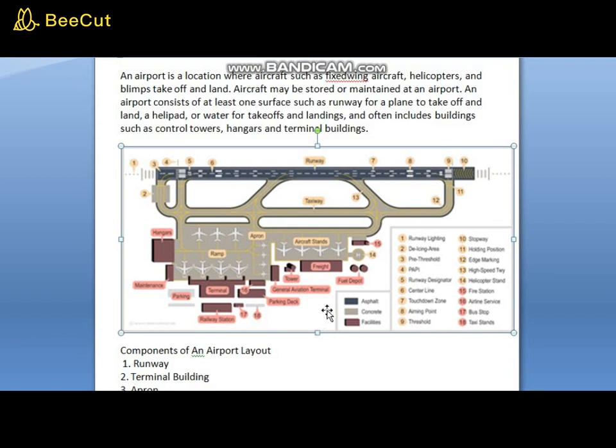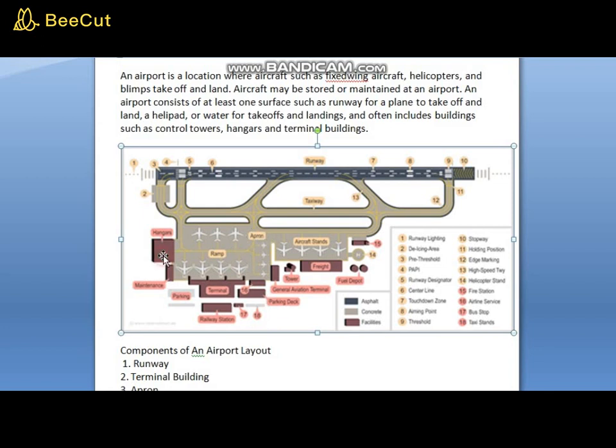The important components are runway. This is the runway, where aircraft land or take off. These are taxiways. Taxiways are roads connecting the runway to the ramp, apron, or aircraft stands. Middle roads basically. The apron or ramp is a place where aircraft stand. It loads and unloads the passengers, cargo, and so on.